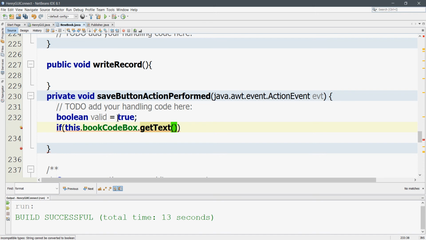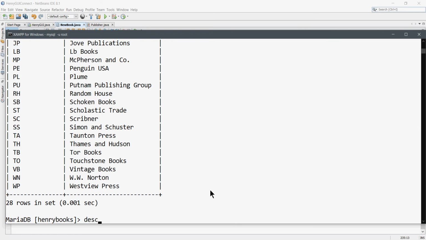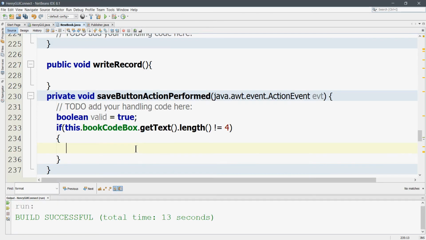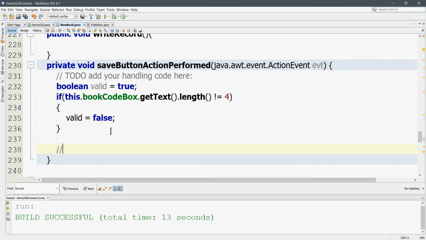So I'm going to get the text. The length's not equal 4 because my book code is char 4. If you didn't know where I got that, I did describe book, and you see it's char 4. So these are 4 characters long. They have to be 4 characters long, so I'm forcing it. If it's not 4, I'm going to set this valid flag. And then later on, after I check all the other ones,